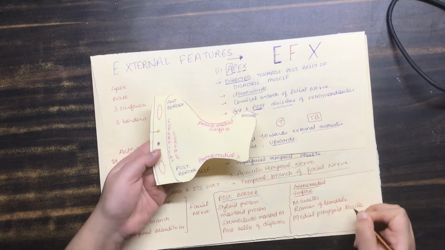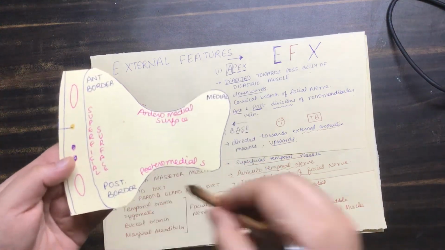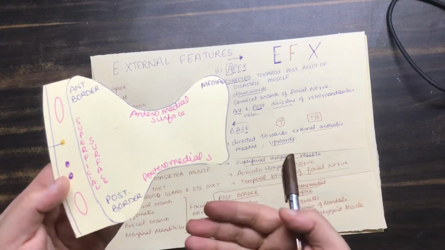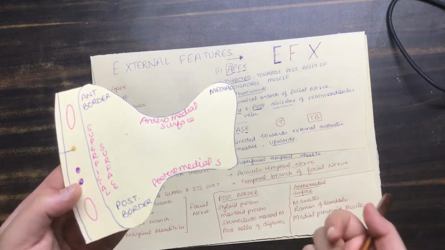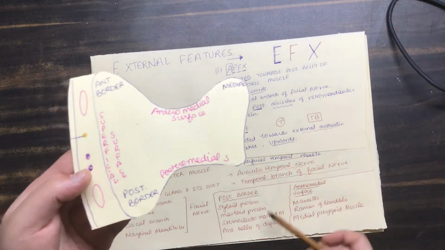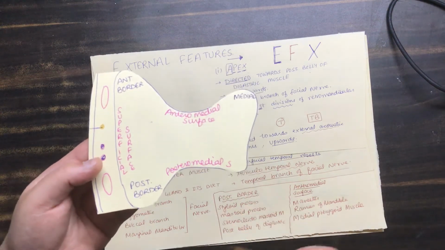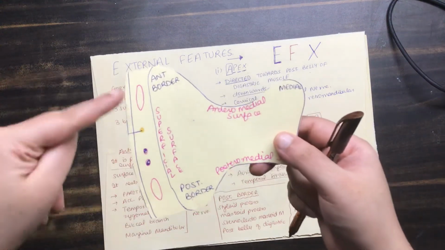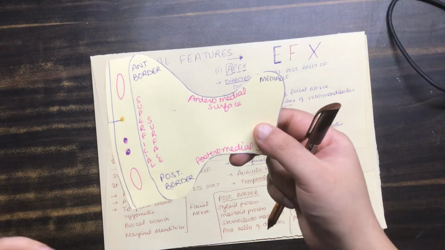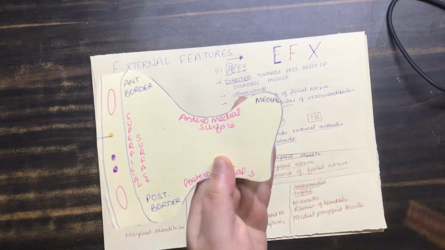Now, whenever we talk about the posteromedial surface, you're going to see the styloid process and the mastoid process. Then you can also appreciate the posterior belly of the digastric and the sternocleidomastoid, all that we had appreciated in the posterior border, again in the posteromedial surface also. Now, the most important is the superficial surface. In the diagram, it will be very clear for you if you just draw this diagram.